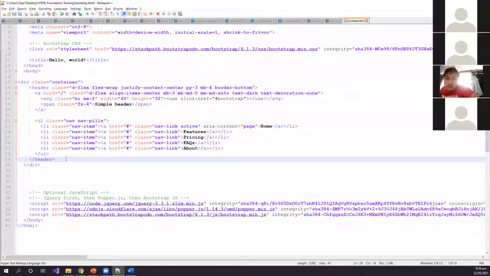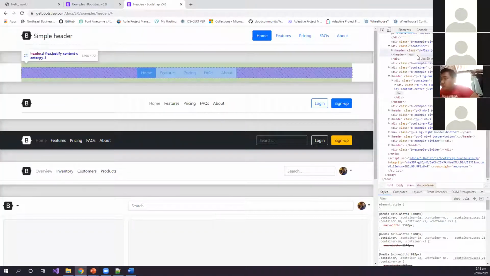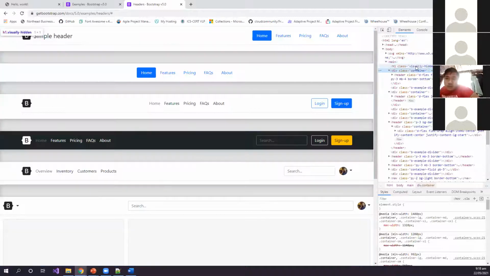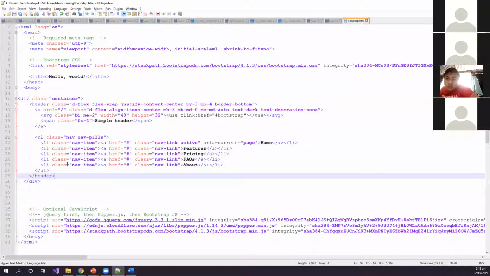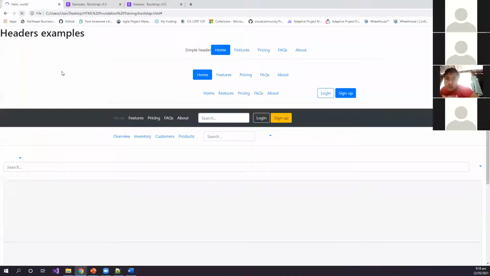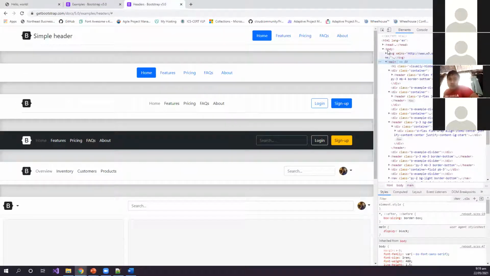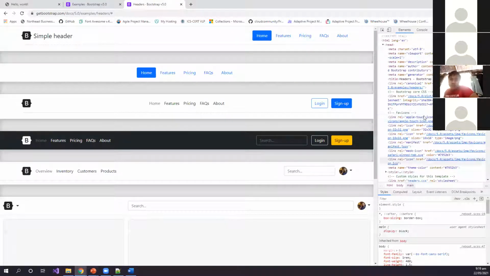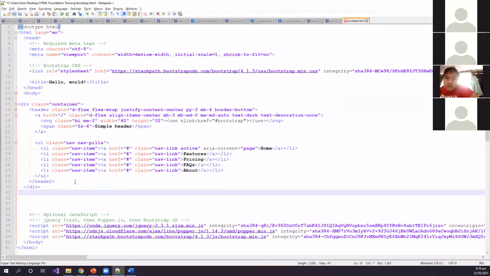Let's check. So there's a container. But what if we copy this main and replace it this way? What if we do that? See? It breaks. It's because some of these headers actually have a dependency here. See, many things were added. So in one way or another, these are just samples. But for you to explore,